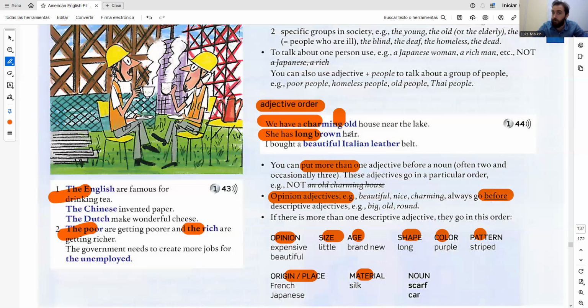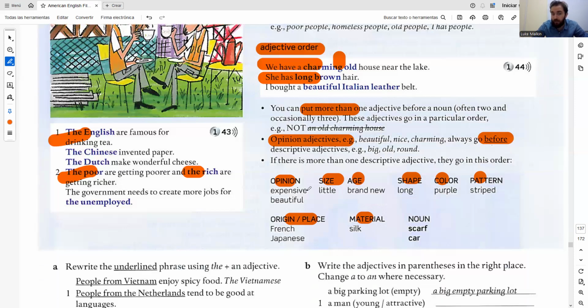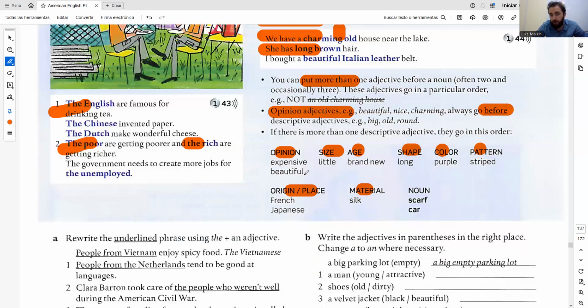It's a charming old house. It's not an old charming house. If there is more than one descriptive adjective, they go in this order. So, for example, it's an expensive, little, brand new, long, purple striped French silk scarf. That's fine in English. But if you change any of that order, it sounds weird.